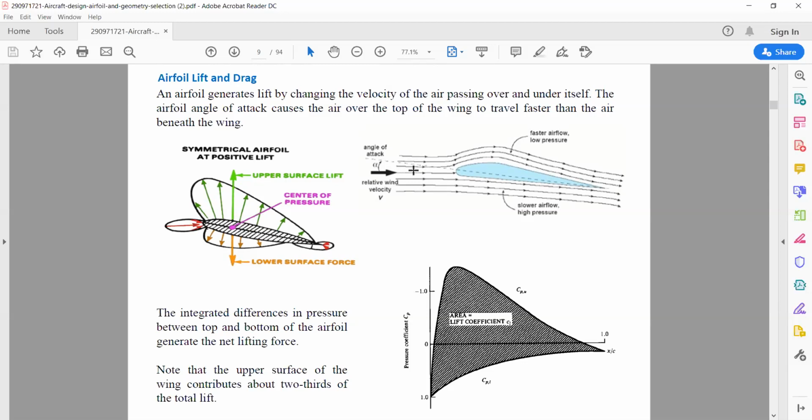So we can look here. When air is flowing on the upper surface, this is called faster airflow and low pressure, and slow airflow, high pressure. This pressure difference between the upper and the lower surface makes the body give a lift action. That is called lift force. So how does the lift occur? By the pressure difference between the upper and lower surface, which leads to the lift of an aircraft. Okay.